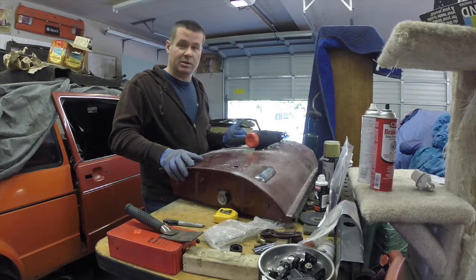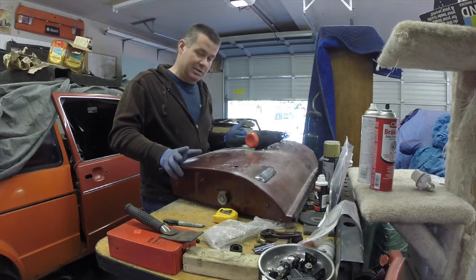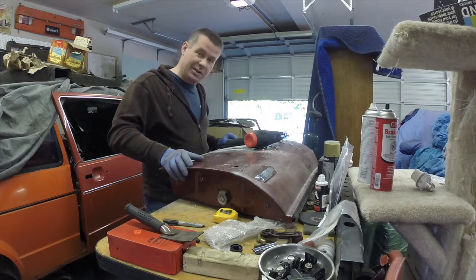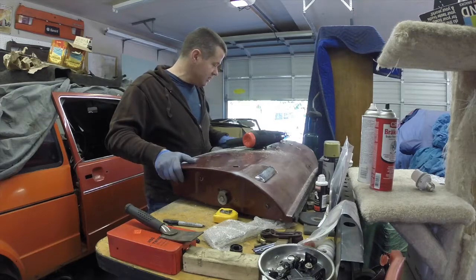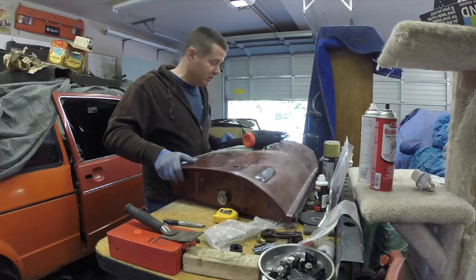I'm working on the driver's side door for the Datsun. So not much to say right now. I'm getting all the old filler putty off the outside of the door. I figure if I'm gonna cut this handle out, I should probably make sure that this is all usable. It's not too bad. I've got like a 1/4 inch of filler,